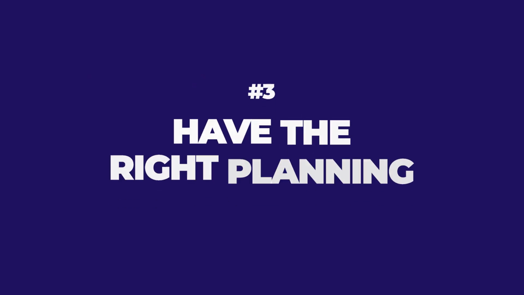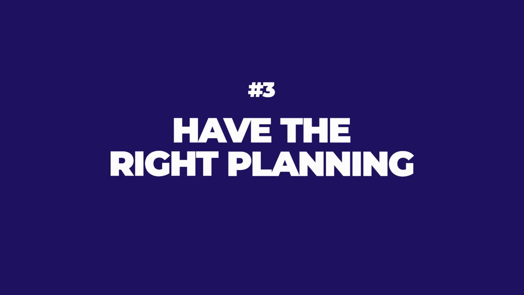And number 3, you have to have the right planning. So that would mean planning for emergency procedures and emergency vehicles, right? How they get through. Traffic detours in case you need them and you've blocked off a throughway. And have you specified or allocated specific work zones for the construction crews? All of this to minimize the impact on the public.